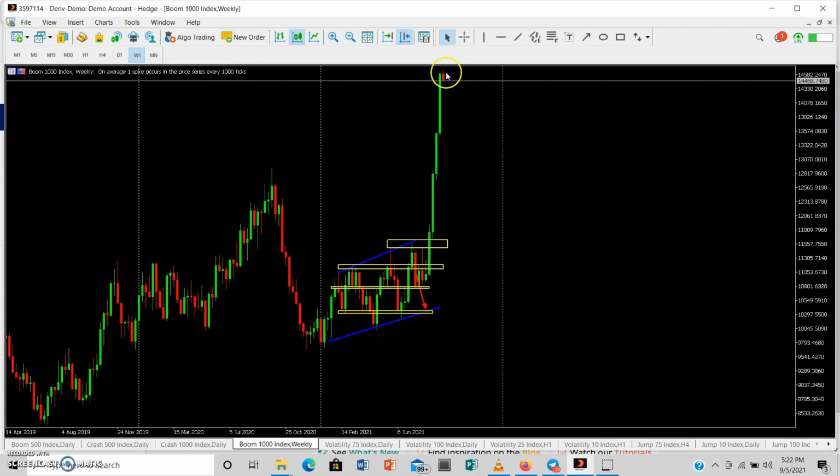So we can now scalp or sell trades within the weekly candlestick. Okay, we can now scalp for sell within the weekly candlesticks. Seems like this will be the all-time high for now. It seems like market is now trying to push back down, maybe fill up all these gaps that it left in the market, right?